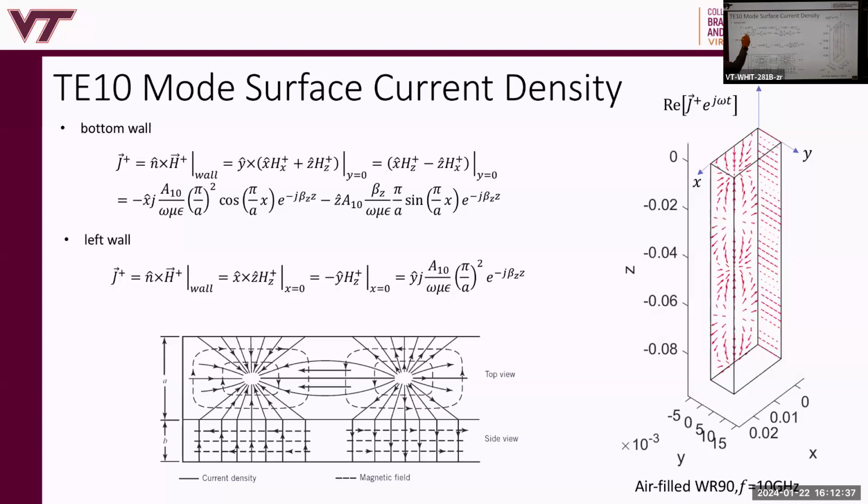This is all real numbers, right? So here first, these are all real numbers. These are all amplitude terms, and these are all amplitude terms, right? So we have cosine, we have sine, and then we have a J as well. Okay, having that, what you notice is that the electric surface current vectors here